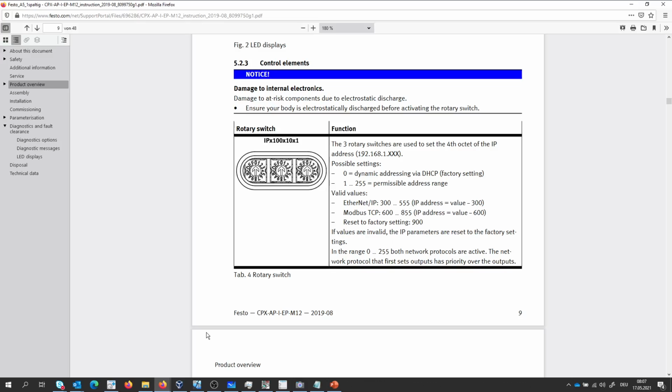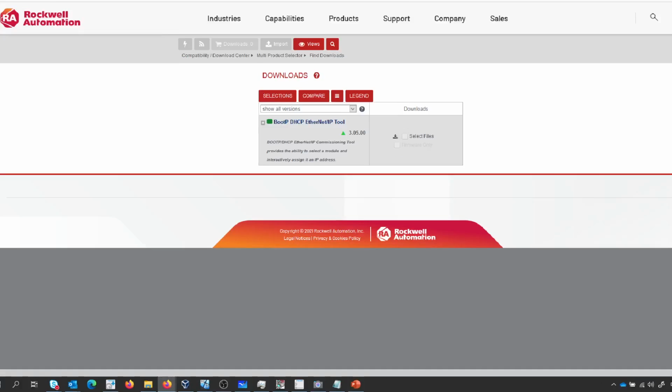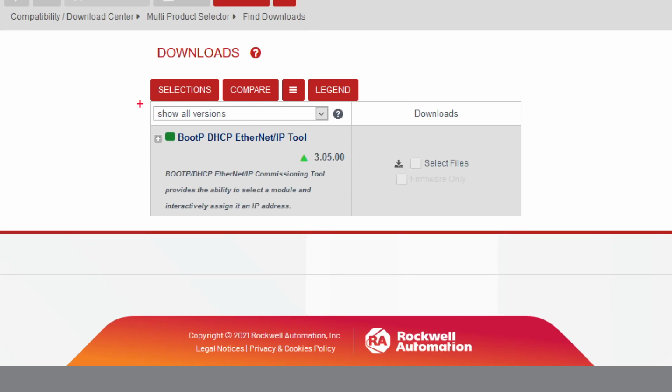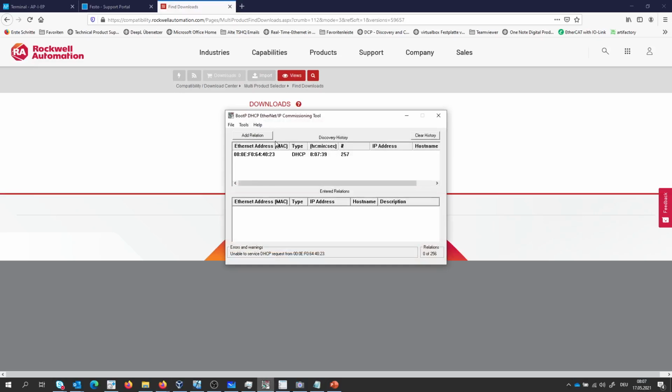A DHCP server you can have in a managed switch, or you can also use a software for testing purpose called bootp-dhcp. If you use this software from Rockwell Automation, then it would be possible to assign an IP address via the DHCP mechanism. I've downloaded the software already, and you see here it is running, and what you are